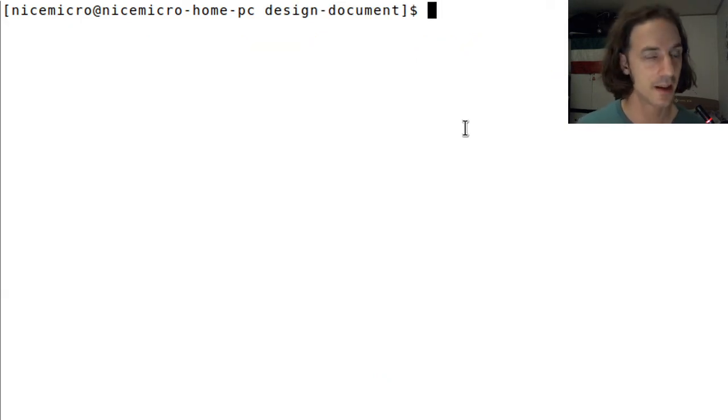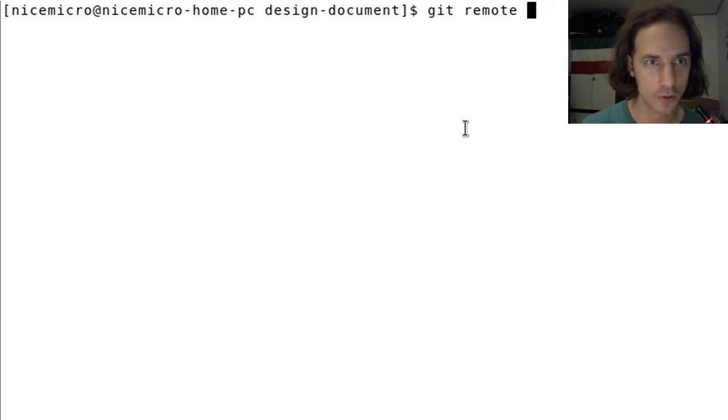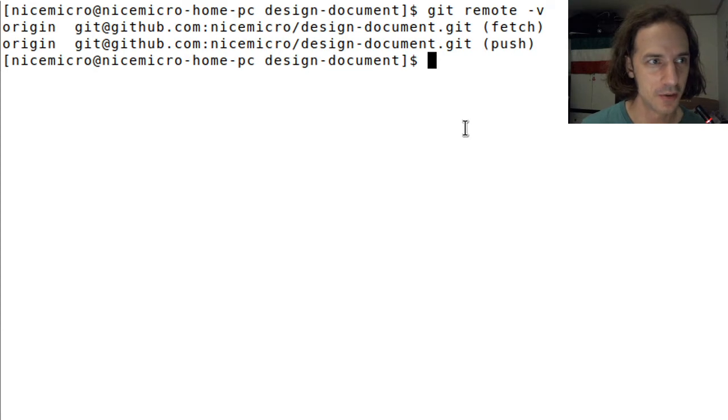Let's say that you don't remember where the remote repository for this Git project is. You can just use git remote -v, and it will tell you that there is one called origin, which is on GitHub, and it is Nice Micro/design document.git. So Nice Micro is my personal account, and this is the design document repository on my personal account. But maybe